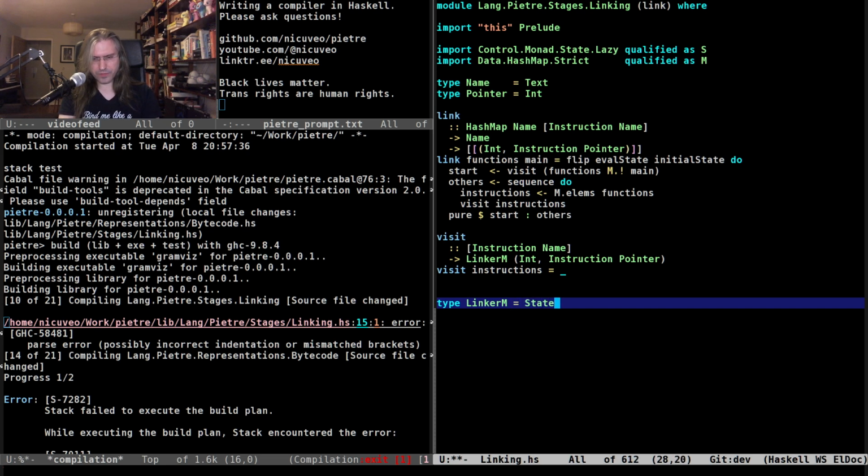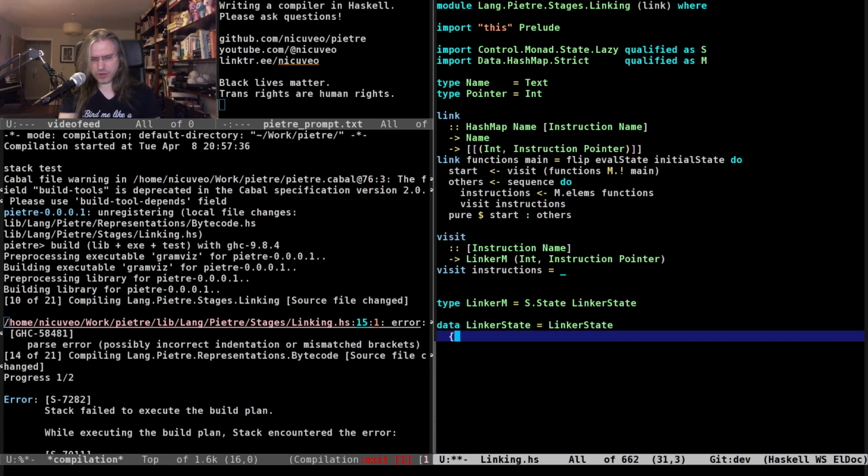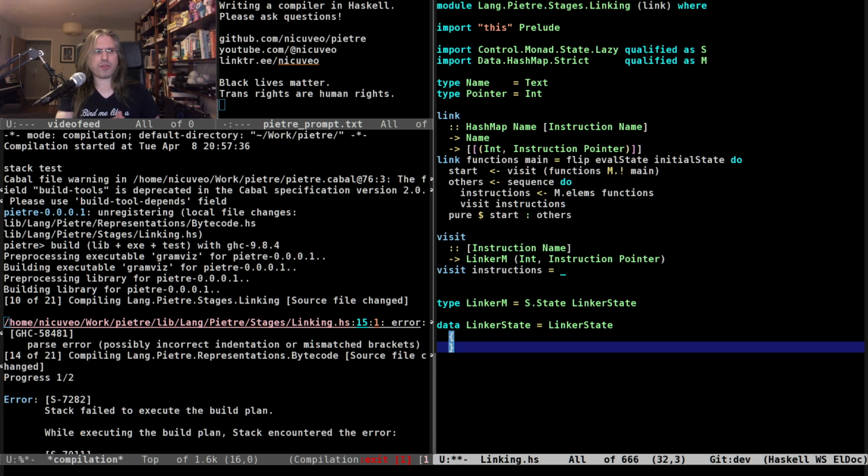It is a state monad in which we're carrying some state, which we're going to call linker state, I suppose. And that's basically it. What do we need to carry around in our linker state?